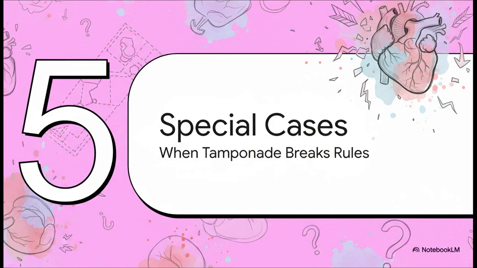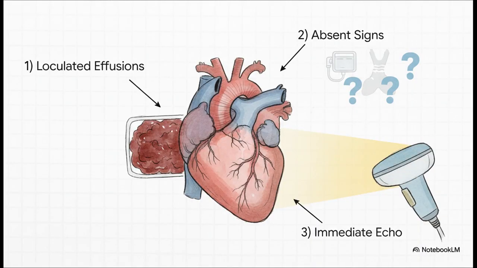And now for our last section, where things get really, really tricky. Let's talk about the special cases, especially the post-cardiac surgery patient, where tamponade just doesn't follow the rules. This is where clinical experience and suspicion really come into play. Diagnosing tamponade after cardiac surgery is incredibly difficult because it's often a regional problem. You can have a collection of clot just sitting behind the left atrium, compressing it, while the right side looks